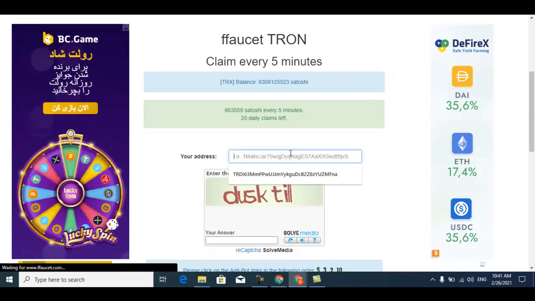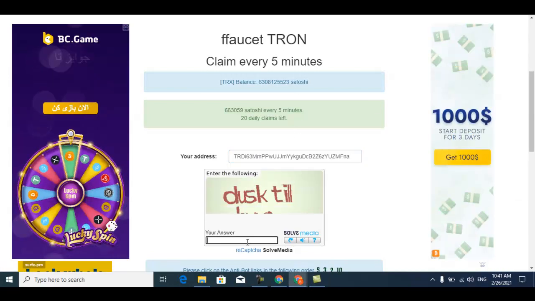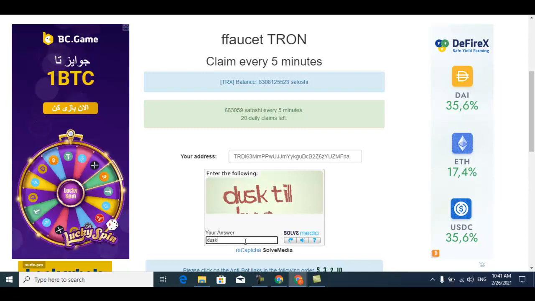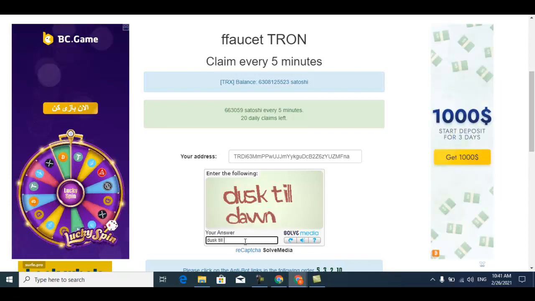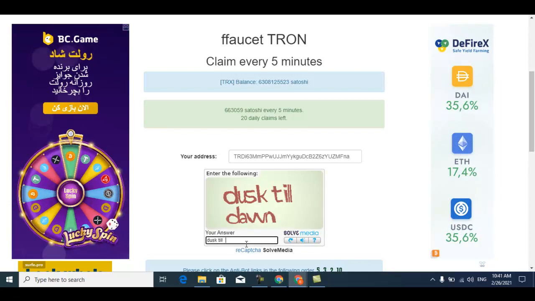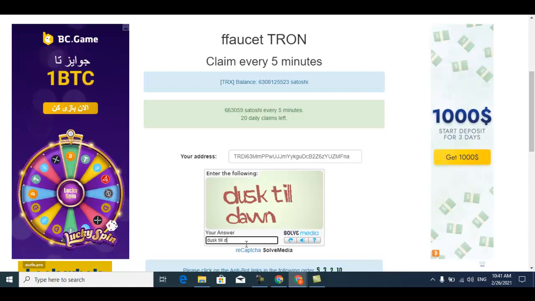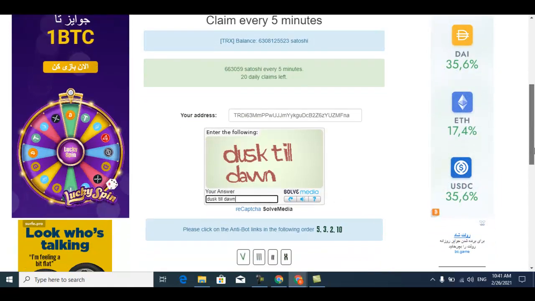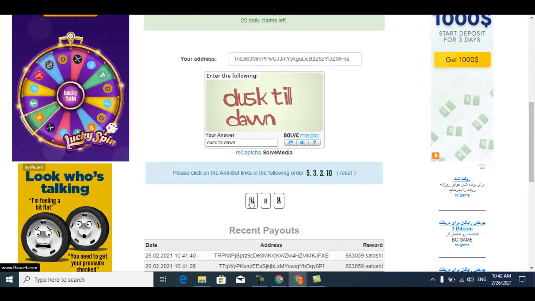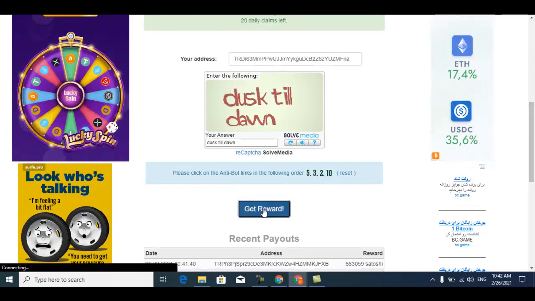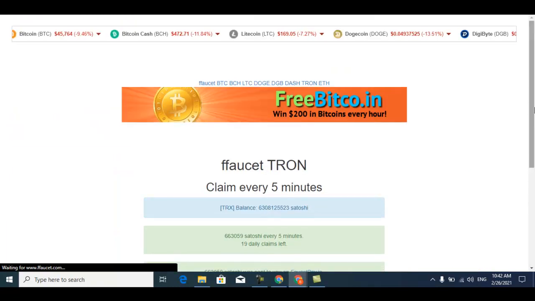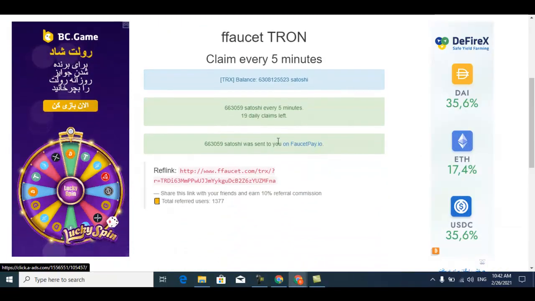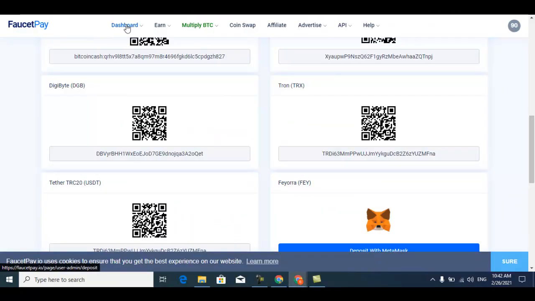I solve it again because this reloaded. Sometimes it reloads because of the internet connection. Some internet connections are a little bit slow. My internet is a little bit slow today, so this reloaded again. I just click get reward again, and you can see I received my Satoshi, and I go to my FaucetPay,